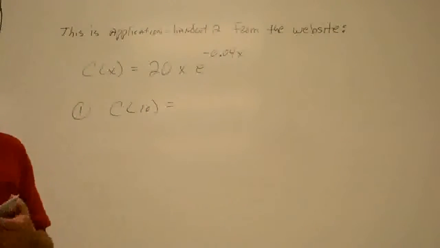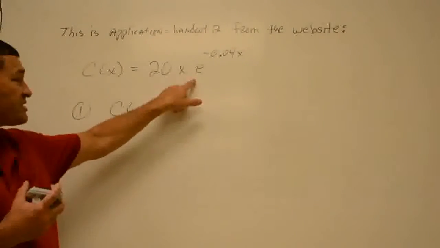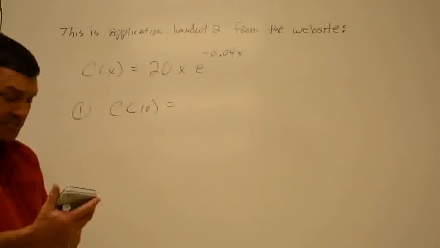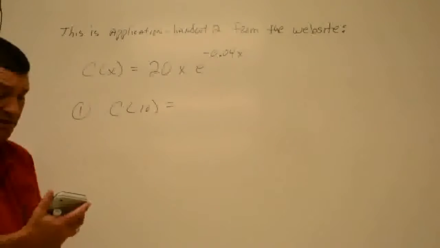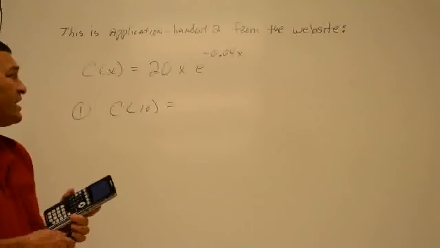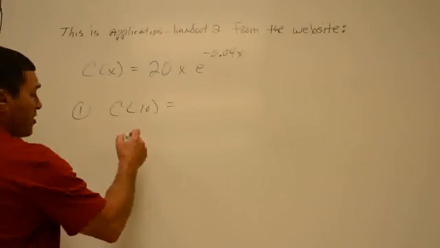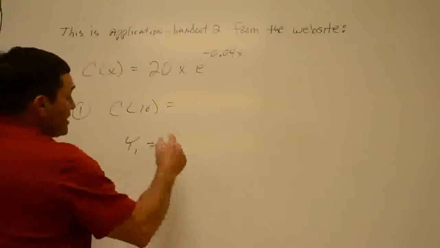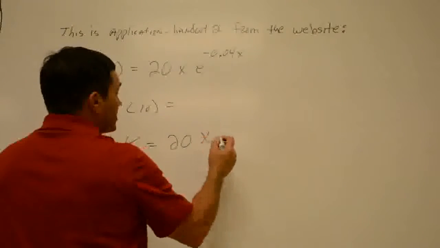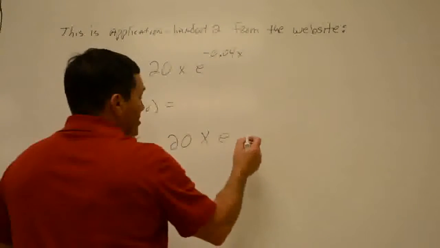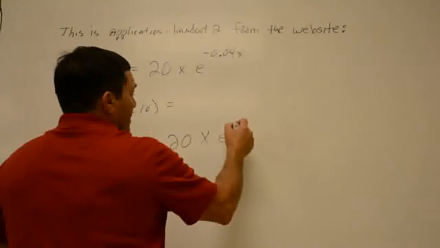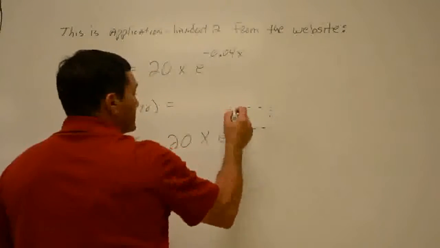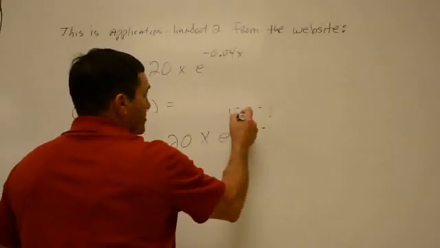So what I would encourage you to do, since we're going to evaluate this function at several different values, is go ahead and enter this y1 equals on your, most of y'all are using a TI-81 or TI-82, 3 or 4. And the way I would enter that, I'm going to erase this in a moment, so write it down if you need it. But hit your y equals top left button, and y equals 20 times x, hit your x key. And then you just hit your e to the x key, and if you're in math print mode, it'll give you a little box for the exponent. Just key in your negative sign,